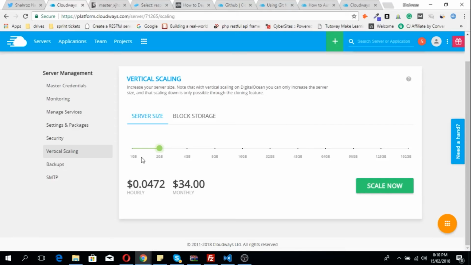It will scale your server to the latest server size. So you can scale it to 192 GB. The maximum size is 192 GB of RAM and 3840 GB hard disk, 12 TB transfer. It's huge. 32 core processors. So maybe you are running a big e-commerce store or an application which has a few thousand concurrent users. So this vertical scaling feature will allow you to